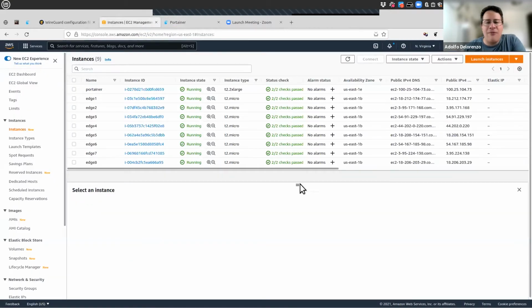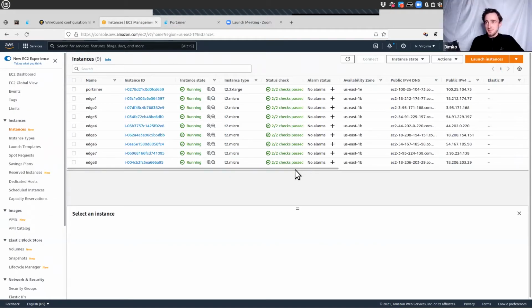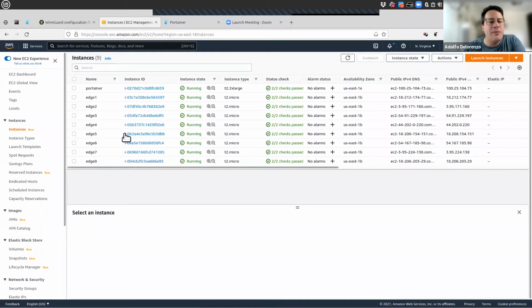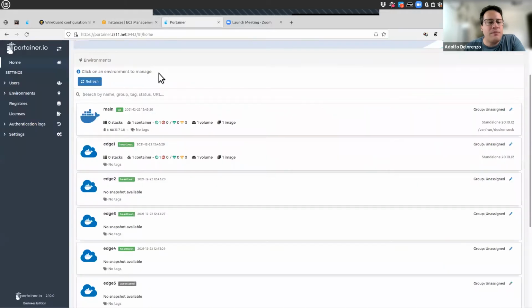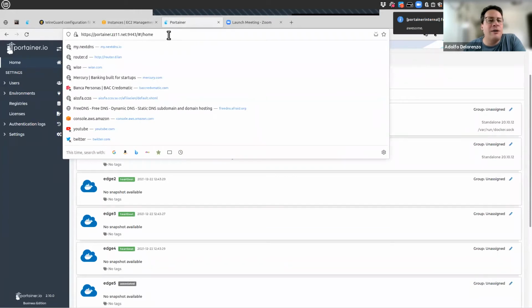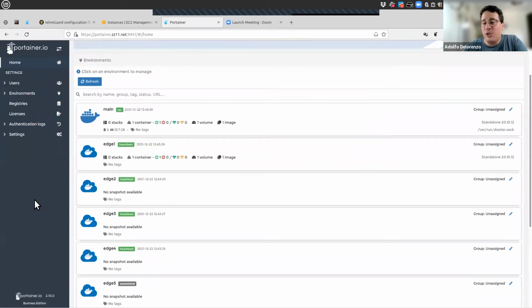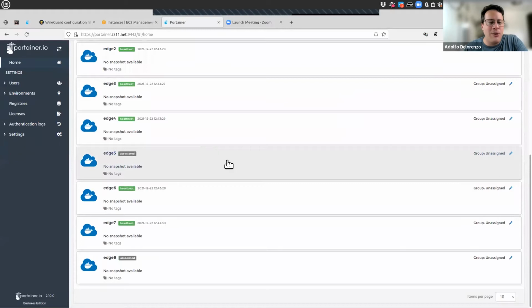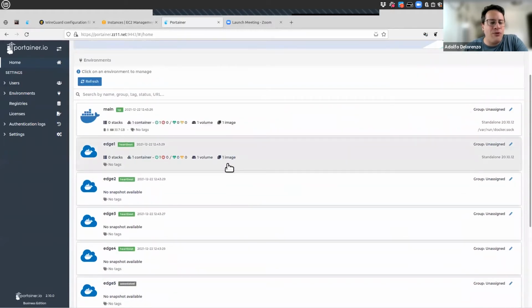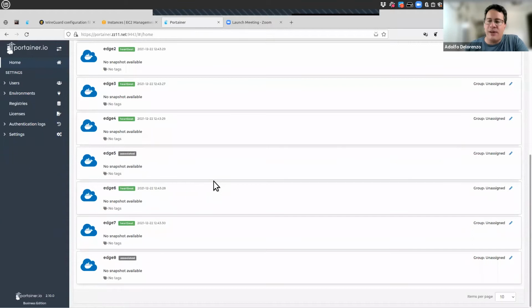So I set up tiny little machines on Amazon. Okay, I got 8 of them set up. And I have a Portainer instance also running on Amazon. I actually used a domain that I have. Thanks, Dimko. Thank you very much. I have that I just used to play around with. It's called z11.net, and I just use it for these demonstrations and to play around with. And here we have our eight edge devices, and 2 of them are purposely unavailable,